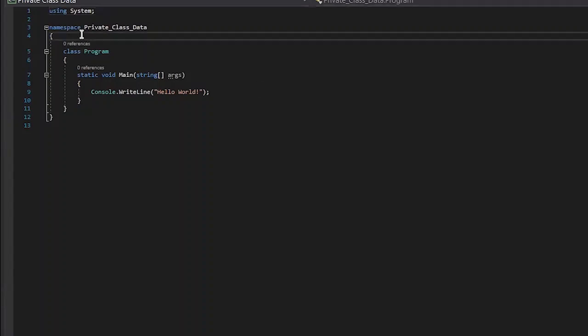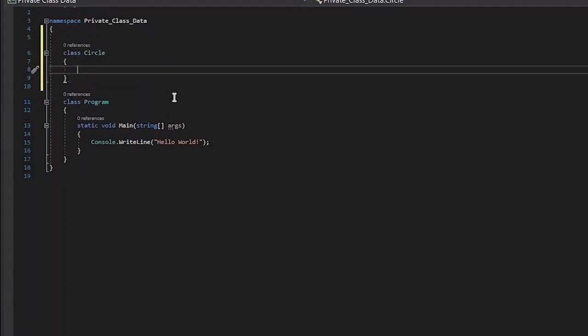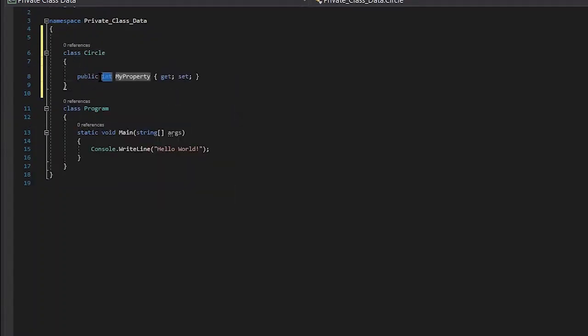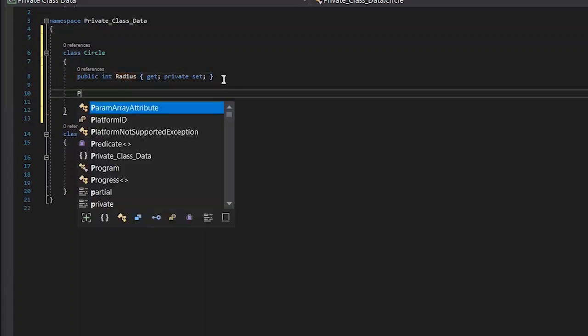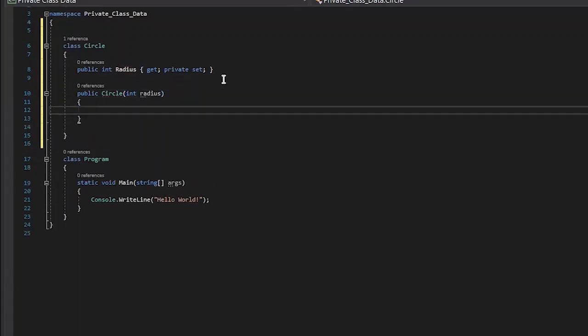So let's create our Circle class just to see what I'm talking about. In this class Circle, I will be creating a private radius, directly creating the getter and setter this time. This is the getter, and I'll create a private setter. In this class, I will create a constructor which accepts the radius as a parameter, and I'll set the radius.